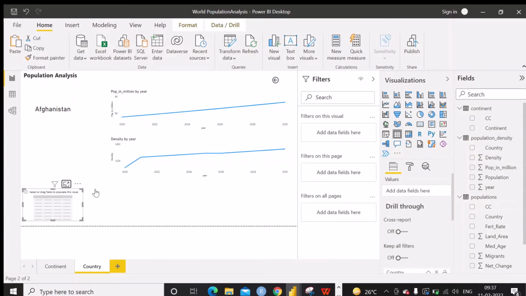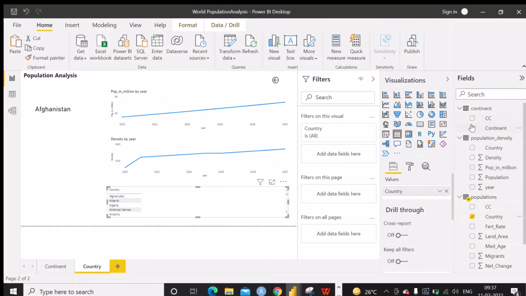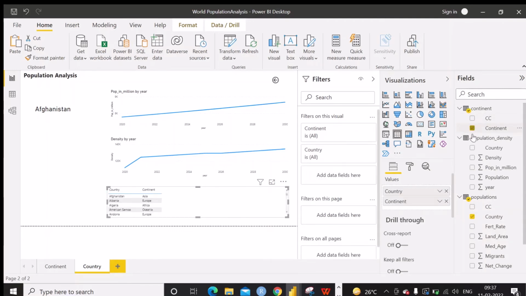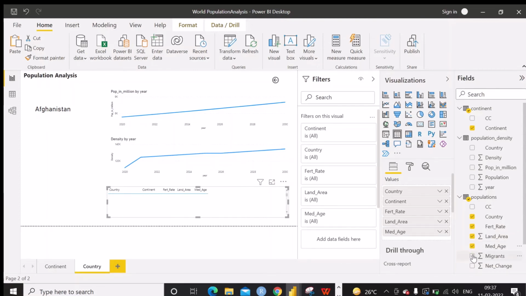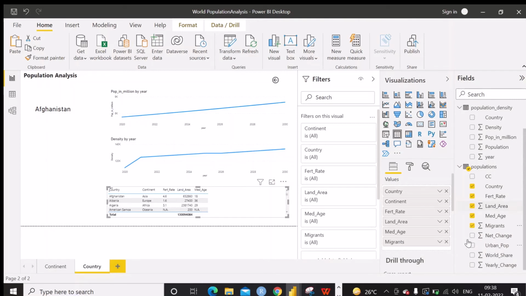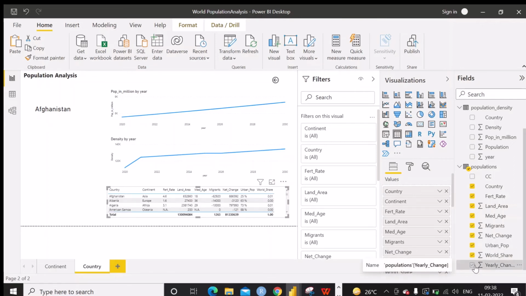The next one, we are going to have a table here. We will have country, continent, all the master data, fertilization rate, land area, median age, migrants, net change, the percentage of urban population, what is the world share, and what is the yearly change.